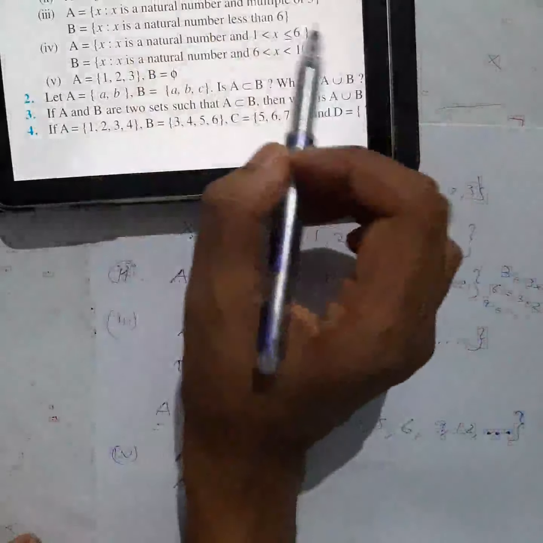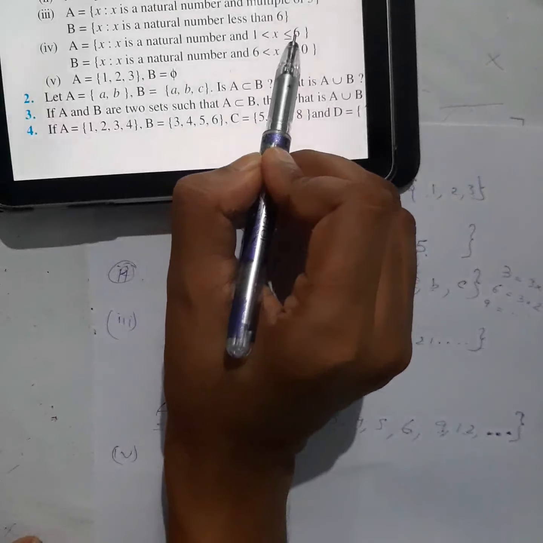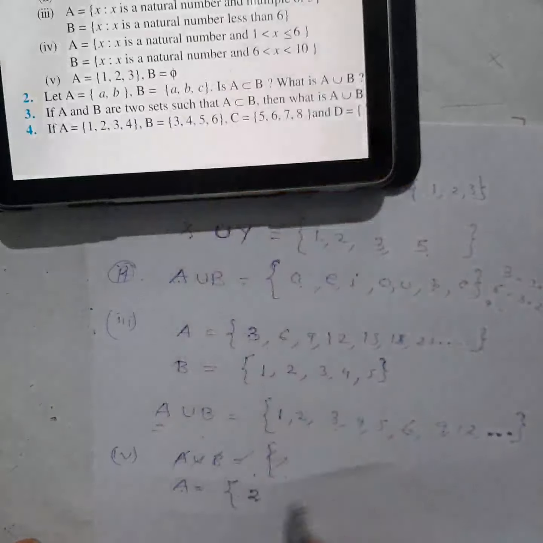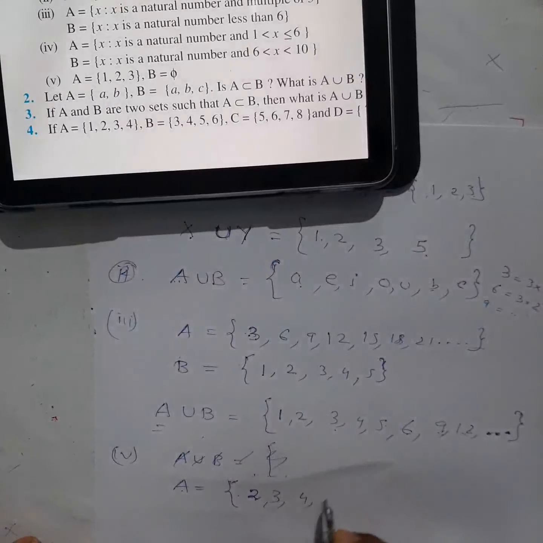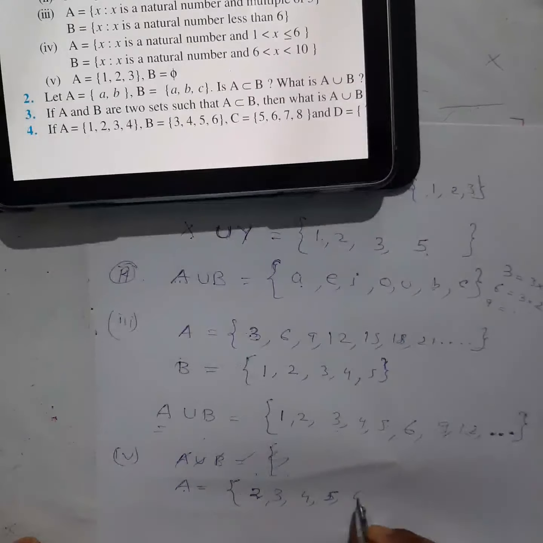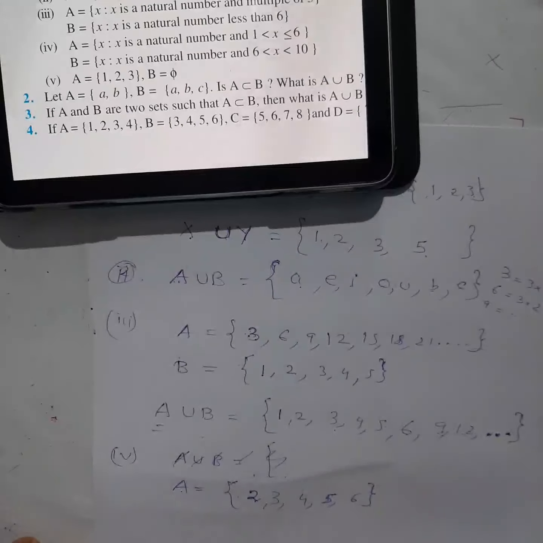Now till where is it? X is greater than 1 and less than or equal to 6. So 2, 3, 4, 5 and 6 also will be there. So these will be the elements of A, set A. Okay, next,